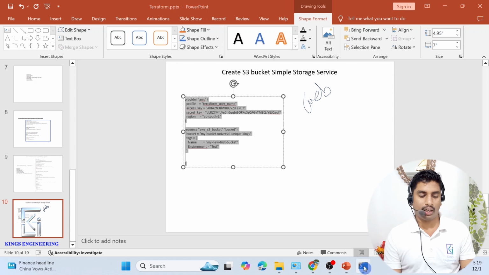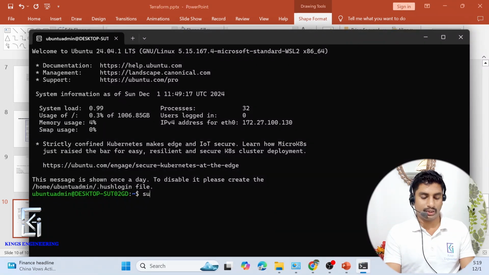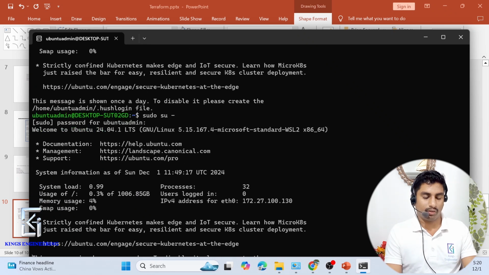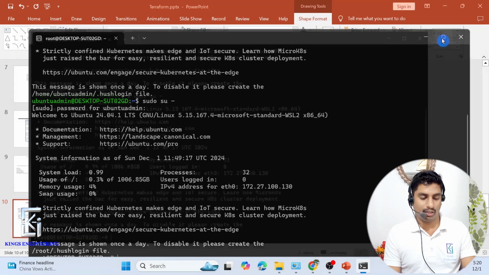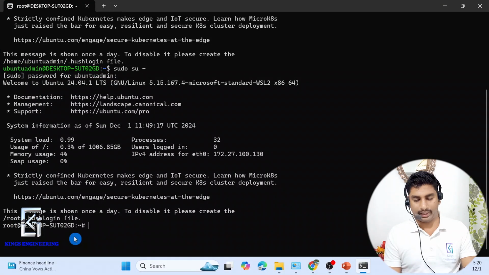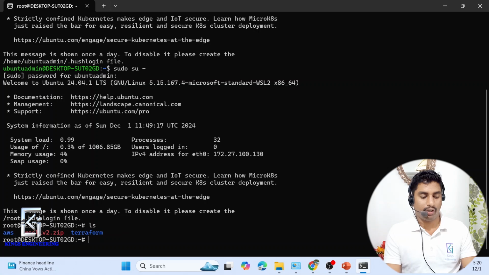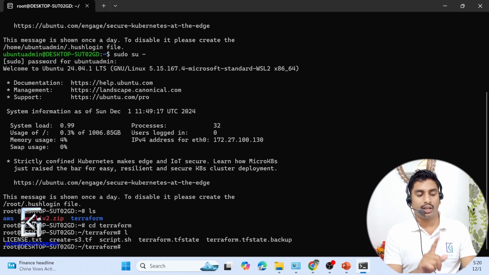Okay, first thing, I have to go inside our system where we have integrated Terraform. So I have to enter my password. Once I have entered my password, I am under my root directory. Inside the root directory we have created one folder, terraform, and that folder is for Terraform scripts. So now if I type cd terraform, go inside and do ls, I have written one create-s3